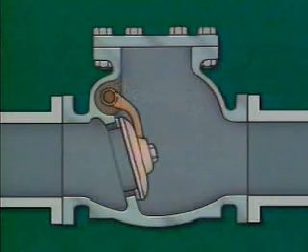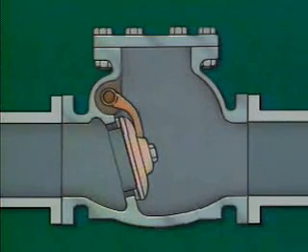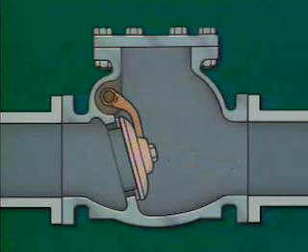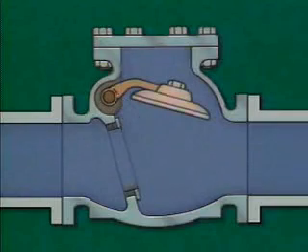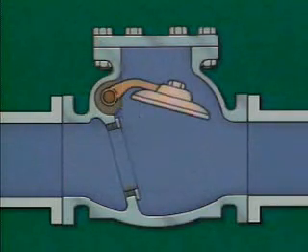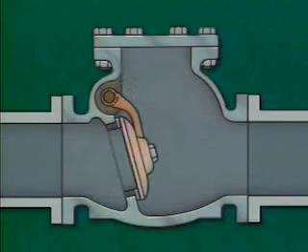If the flow stops, gravity and the change in fluid pressure pull the disc onto the seat, closing the valve. If flow reverses, the backflow pushes the disc against the seat to close the valve. If flow is intermittent, the resulting turbulence can cause the disc to alternately rise and fall or slam against the